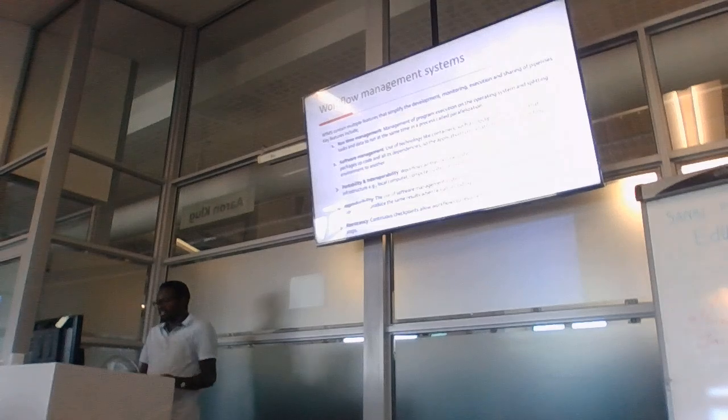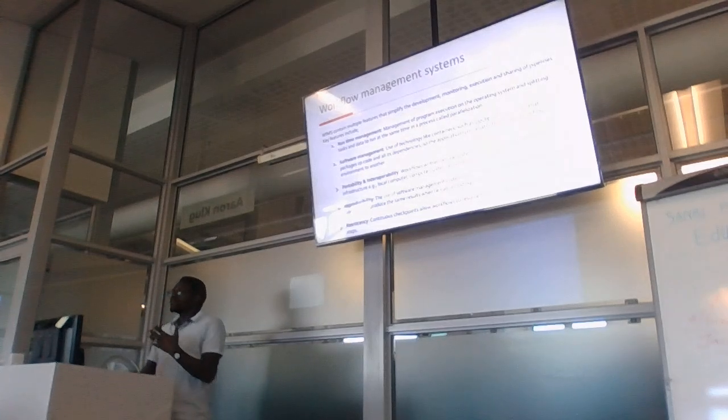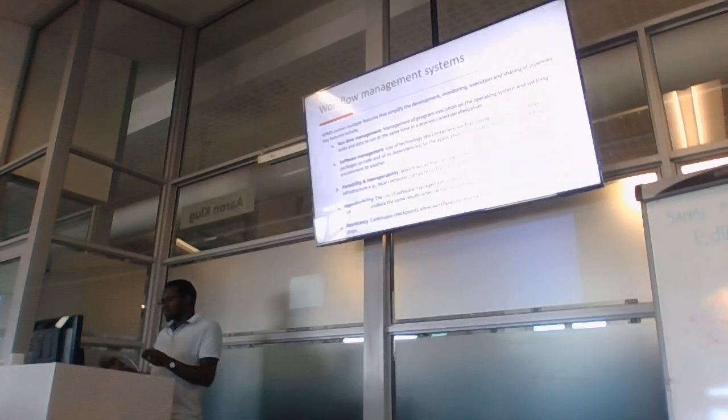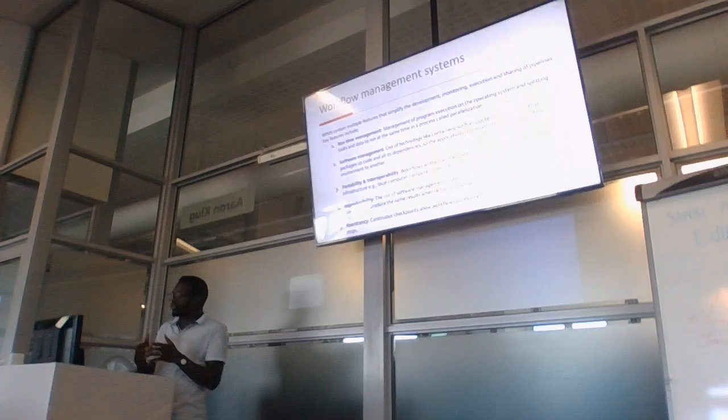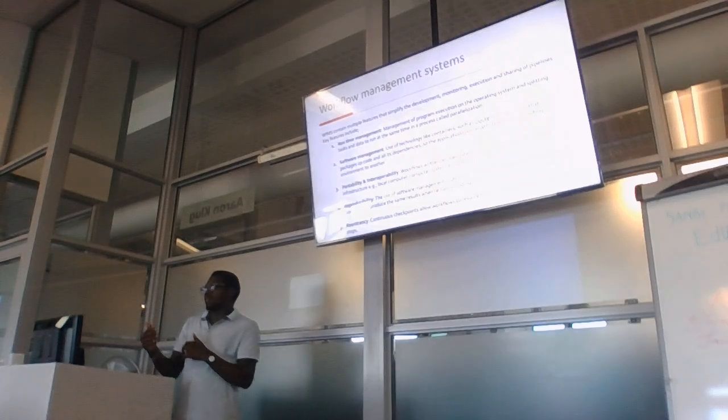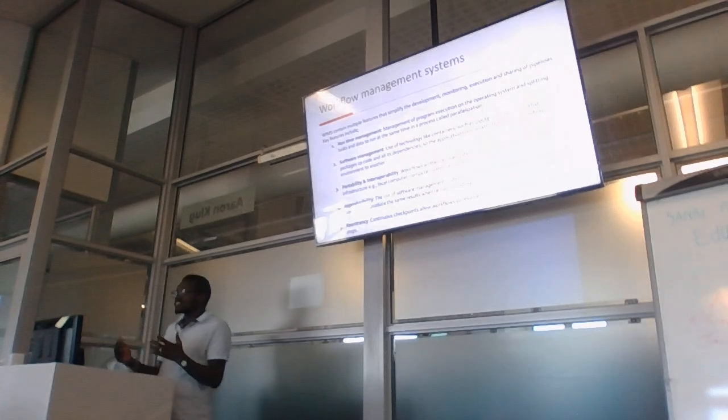Reproducibility, which I mentioned previously, is that I am able to replicate whatever others have done. And reentrancy, as we shall see later on, is